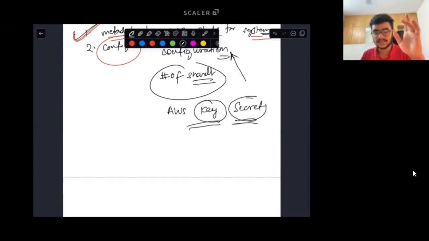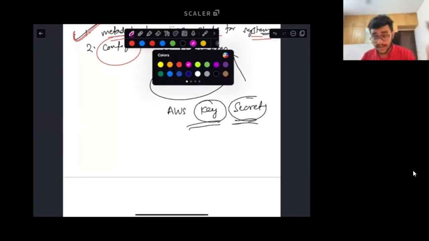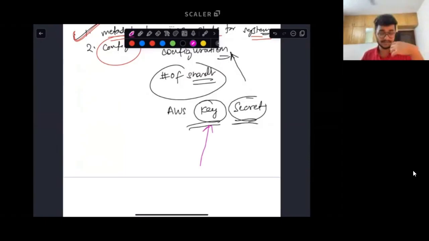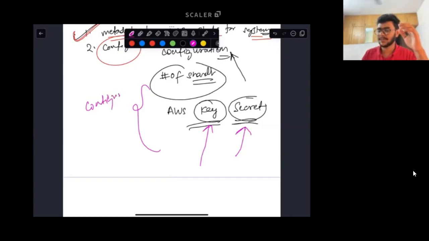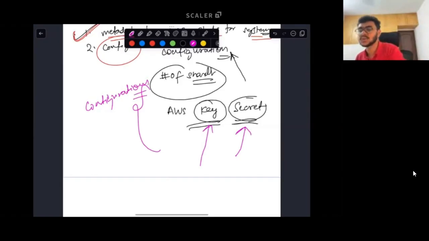Is this thing something that makes sense to you? Right? So this is something that unless you explicitly go ahead and rotate it, unless you explicitly update it, it remains constant for a long period of time, right? So these things that qualify as configuration parameters for a database, you can also store inside the Zookeeper,